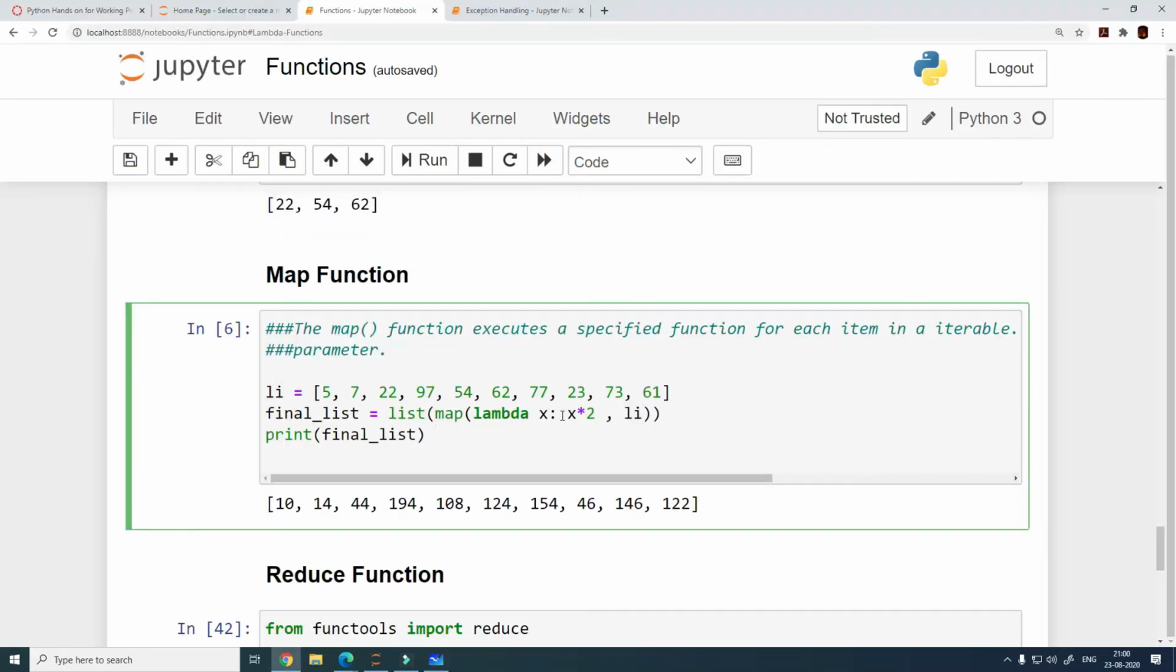So the operation that we are trying to do is multiplying this number by 2, and the rest of it is exactly similar. It has no difference as such. The only difference is the name of the function that we are using here, which is map. So what are we trying to do? We are trying to multiply all of these numbers by 2, and that is what is happening here. The first number 5 becomes 10, 7 becomes 14, 22 becomes 44, and this